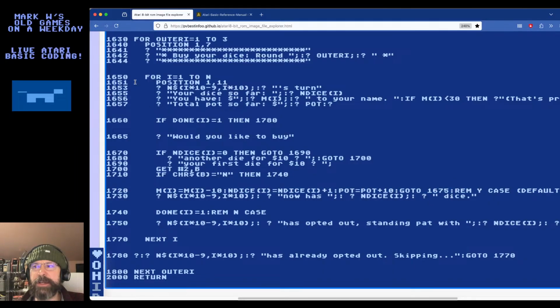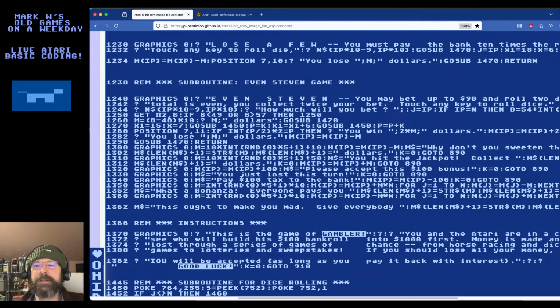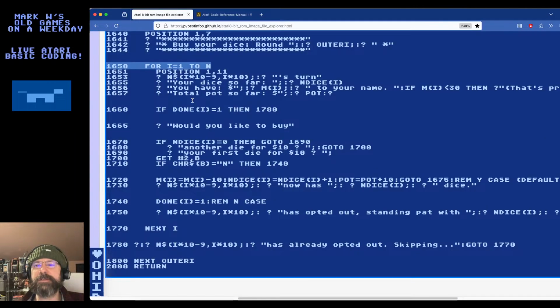Also, you may notice I added these spaces, which you might not have seen before, because I had a FOR loop on the outer part and an inner FOR loop, and IFs. It was getting really hard to look at with the standard way that Atari BASIC tends to get coded, which looks like this. It's like a big block and really difficult to look at. This is still not the prettiest code in the world, but these spaces make it look like you have a block within a block, and it's easier to read for me. Once you load this into the Atari BASIC interpreter, it'll actually strip the spaces. So this is just for me to look at.